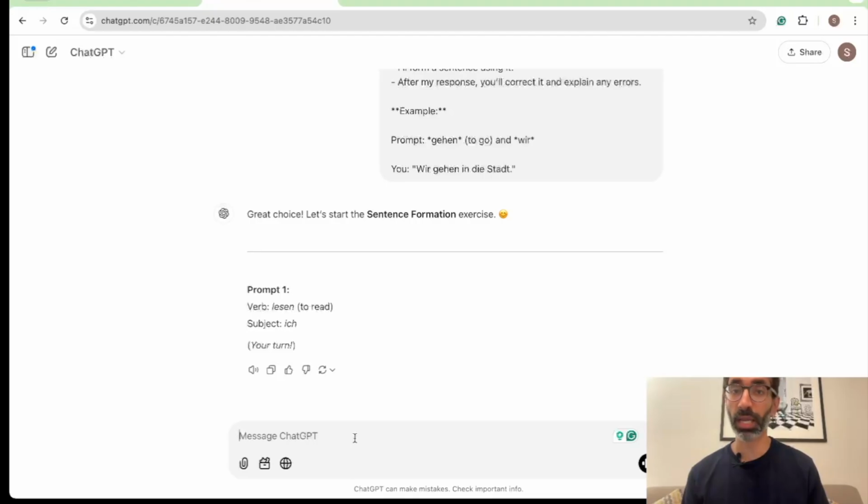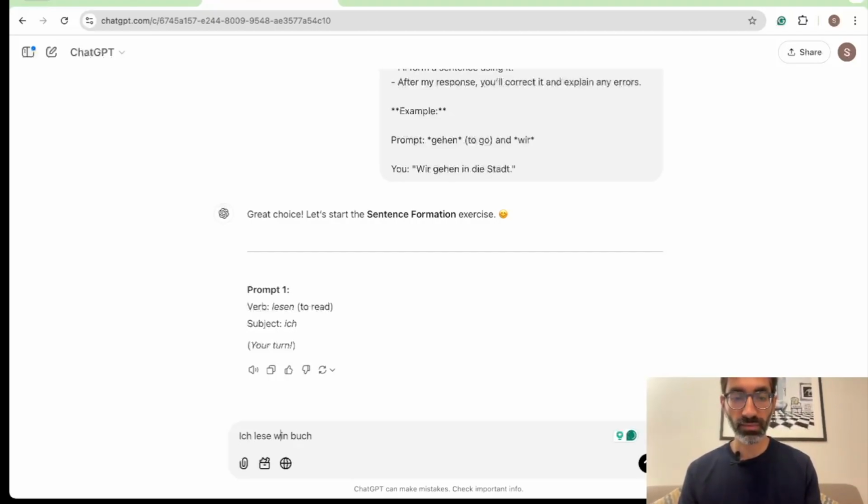So let's try and see what happens over here. The first thing that it's giving me is "lesen" and "ich". And as you can see, it's giving me the meaning of the word as well. In case you don't know, you can also use this. So "ich lesen". Okay, so